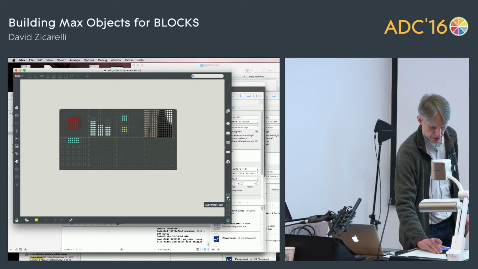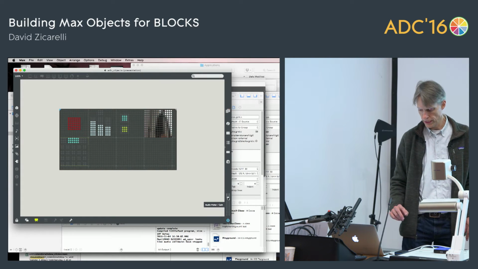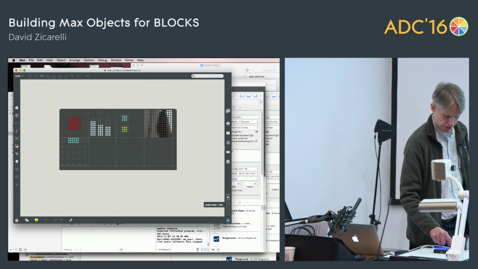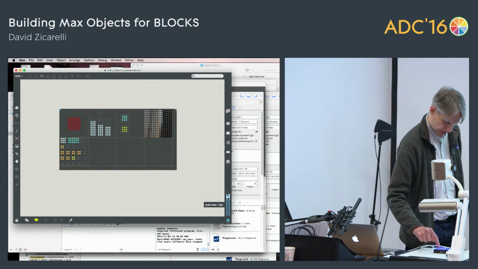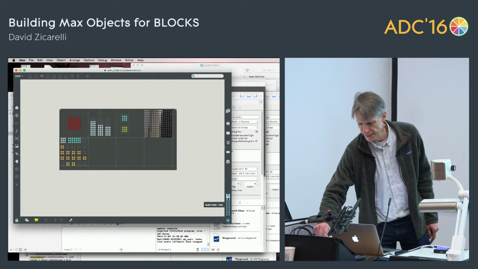I think there's one other one here. So this is a weird drum machine, I think. So if I... it's not working, but anyway, you get the idea. Oh, switch on the thing, right.